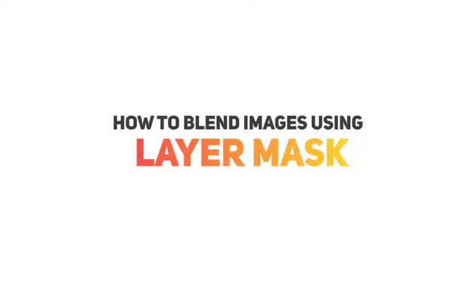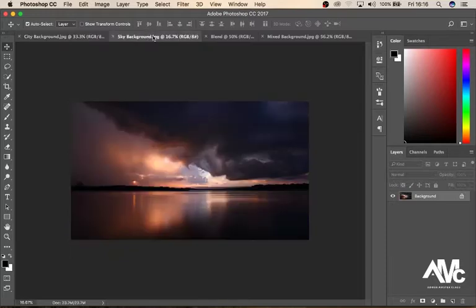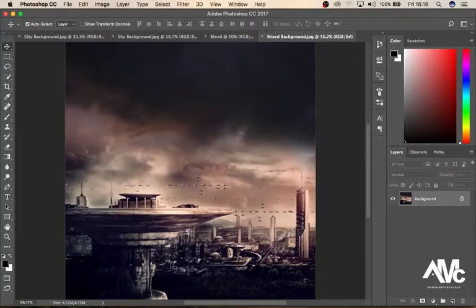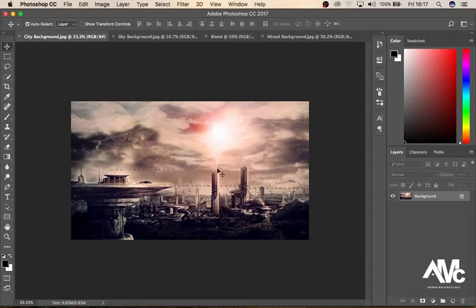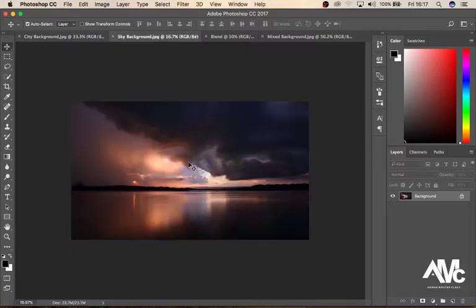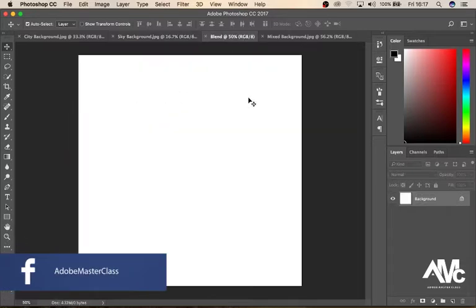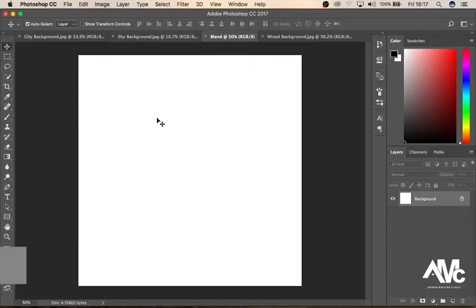Today I'm going to show you how you can creatively blend two images together to give you a new and unique image. Right here I have the first image, which is a city background. I have another image here, which is a sky background, and I have a new canvas opened up right here. This is 1200 by 1200 pixels, and we are going to be blending these two images using the power of